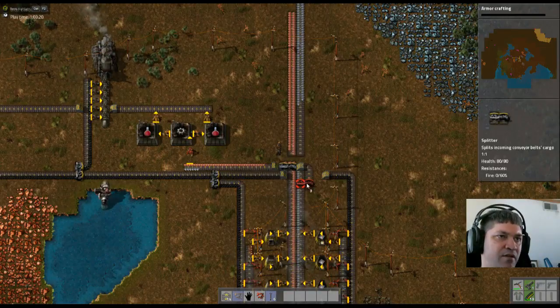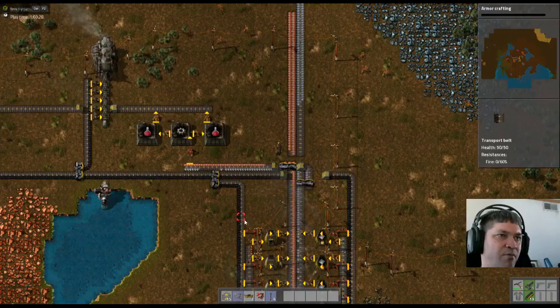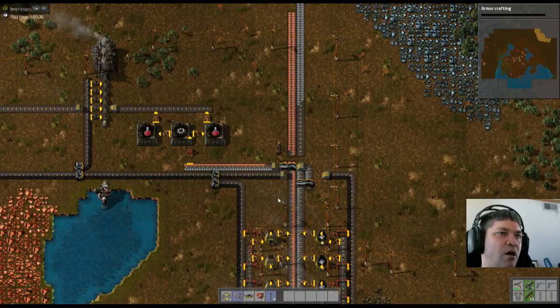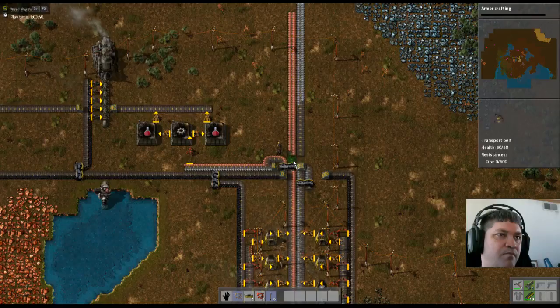Well, let's see how this is going to look. Oh, good. That will work. So the iron is coming on the bottom. The copper is coming on the top. We can have everything we need for science packs on one belt. Okay, that will work. There we go. Everything we need on one belt for that. Now we can...